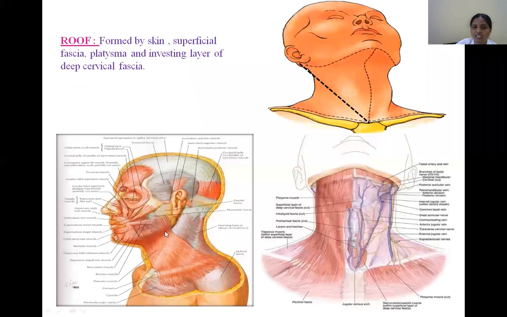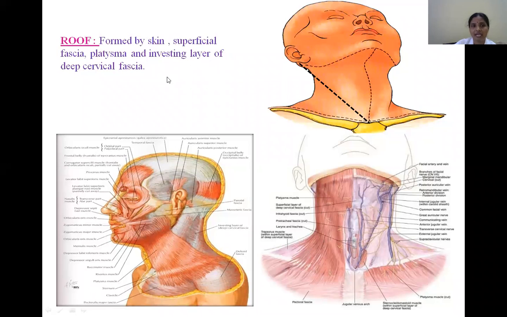If you want to dissect the posterior triangle, we should give an oblique skin incision that extends from the suprasternal notch to the mastoid process. If you reflect the skin backwards from this imaginary line, immediately after reflection we can appreciate the superficial fascia. As you know, once you remove the skin, what is the tissue present immediately beneath it? Superficial fascia, right? That superficial fascia contains superficial structures, which are nothing but cutaneous nerves and vessels. They are going to supply the skin.